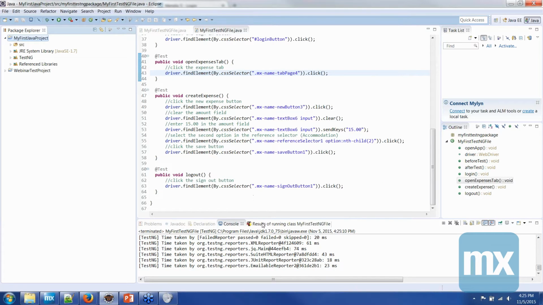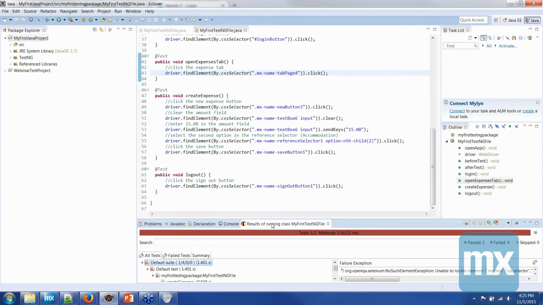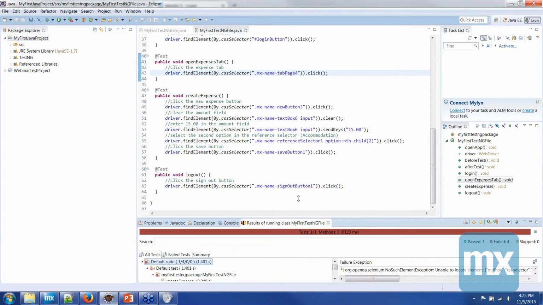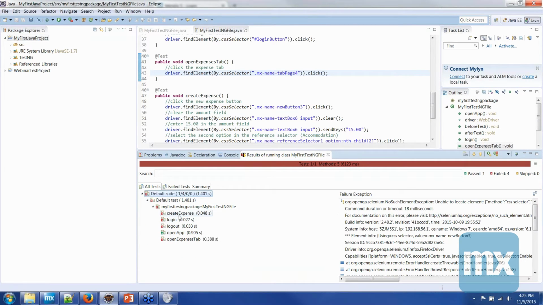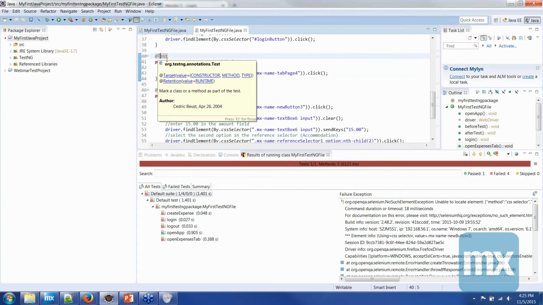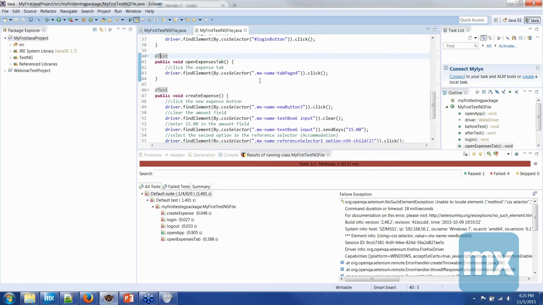And let's see in the results of the running class if there are any errors. Here we see some errors. There are a lot of errors we can see, and I will explain why. By default, the methods annotated with @Test are executed alphabetically, but there's a